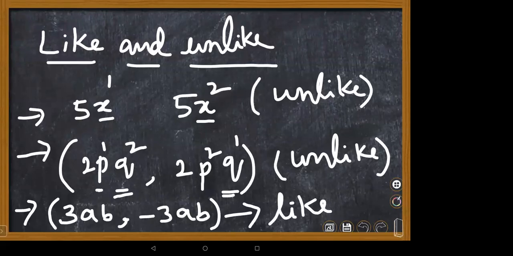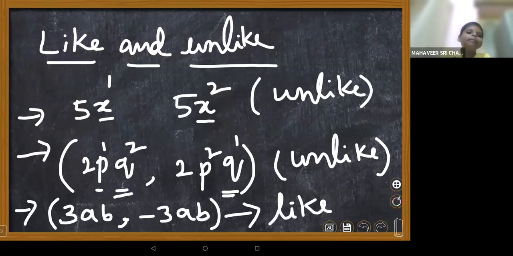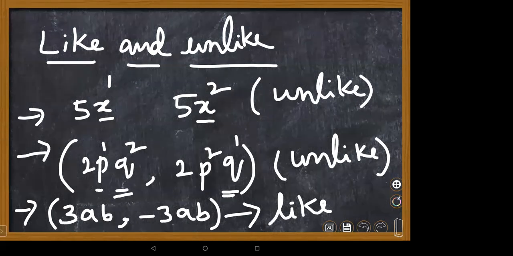Because that minus applies only to the 3. The variables are the same. No, no, just see the variable part. You have to check only the variables and the powers of the variables. Ma'am, minus comes under the numerical part. Yeah, don't go with the numerical part. You have no need of the numerical part. You have to see the variables and their powers.